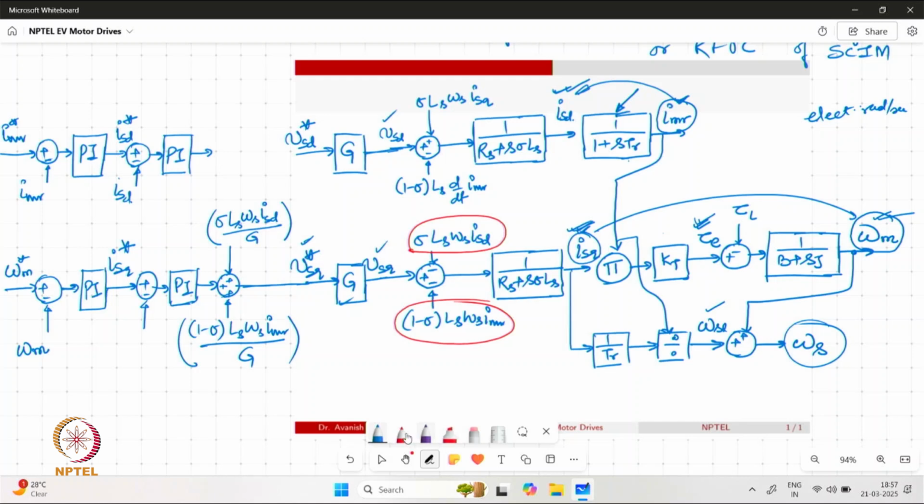Once again, because we are finding similar terms available in this voltage plant also, we have nonlinear terms corresponding to the cross coupling and a term which is there during the dynamic conditions coming on account of the change in the IMR happening dynamically. So these terms must be compensated in advance, which is why we have the feed forward terms corresponding to that. Now we will have the opposite signs